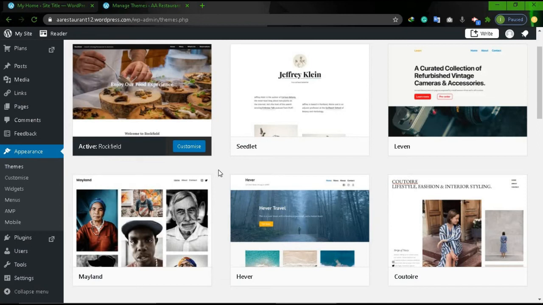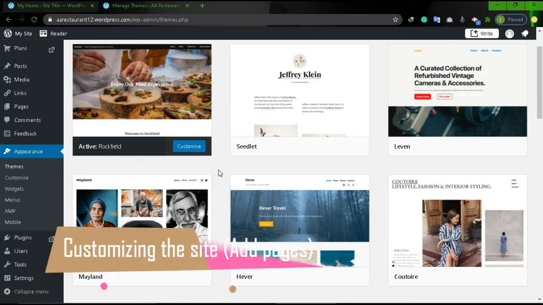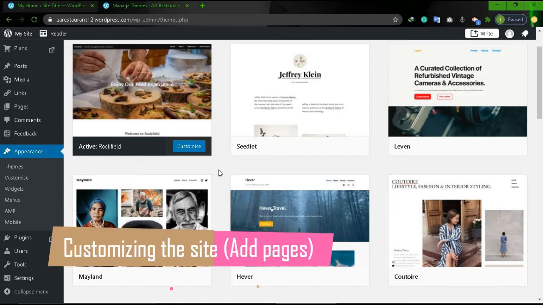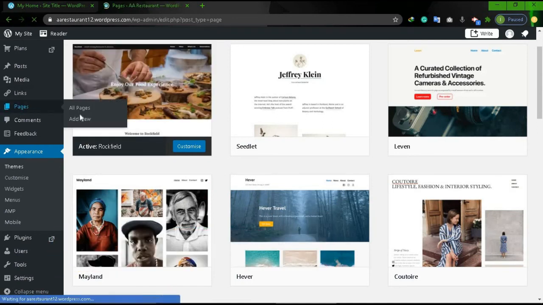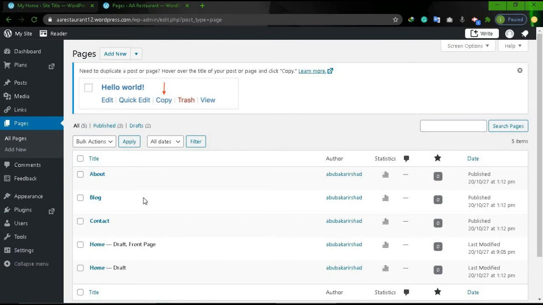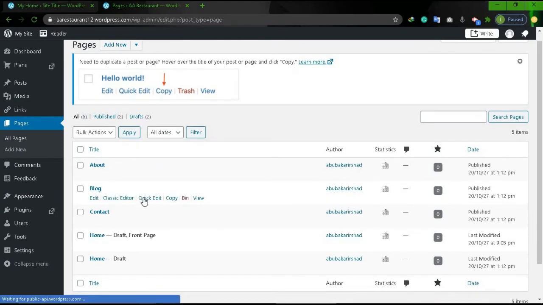If you want to customize other pages like the blog page, contact page and about page, then go to Pages. Remember that if you customize the pages, you have to delete the previous page and add a new one.